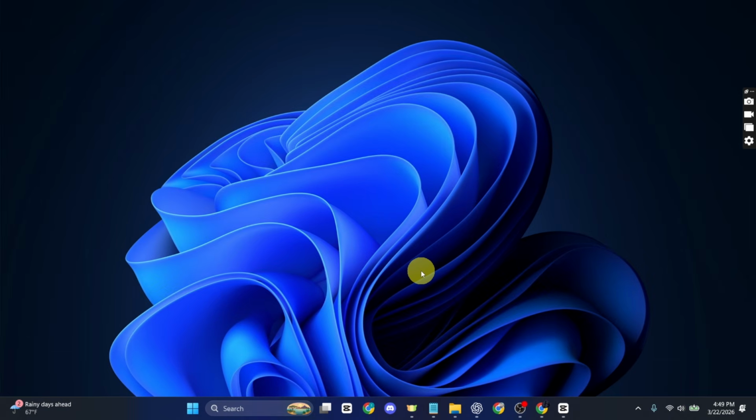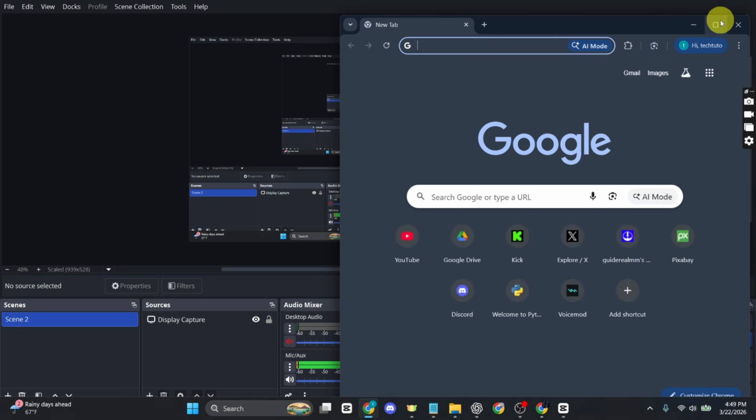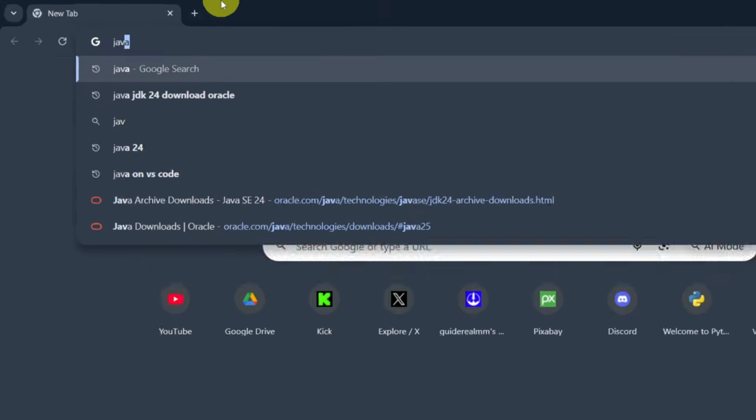By the end of this video, you will have Java installed, Visual Studio Code ready, and everything properly connected so you can start using Java without any issues. So let's get started. First, open any browser to your liking, and in the search bar, just search for Java